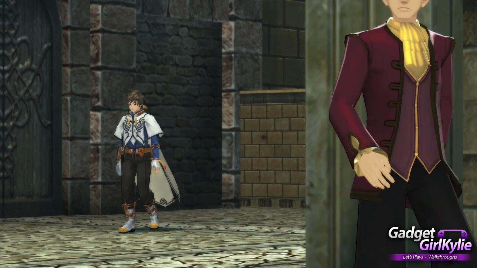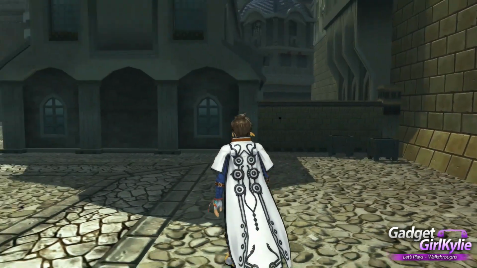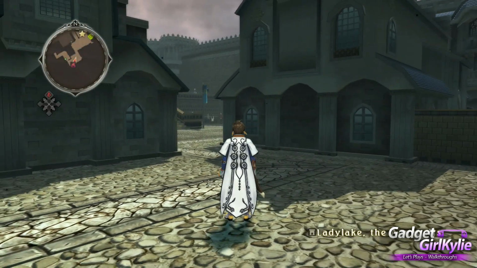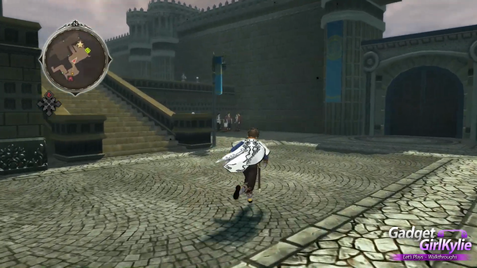Who's that there? Suspicious man! Right, which way is it? Noble. Hang on. There's a star on the map there, so...